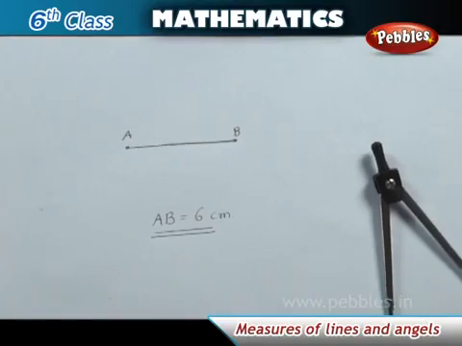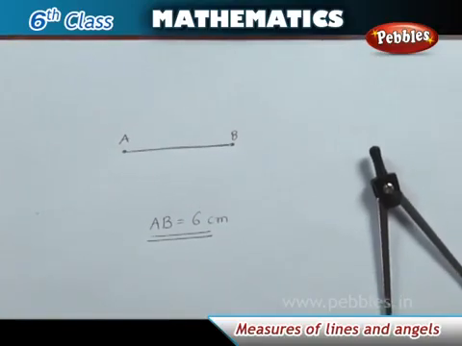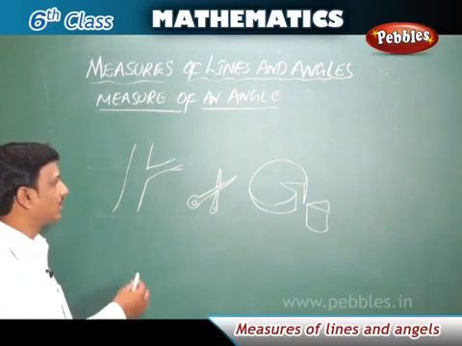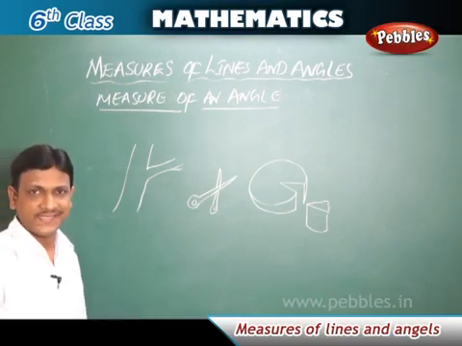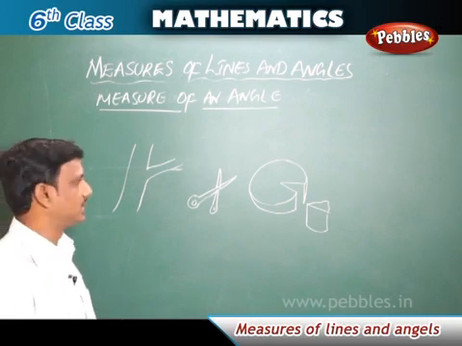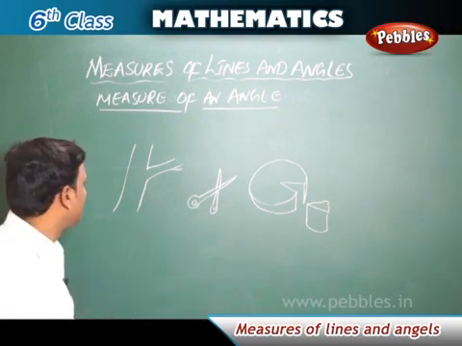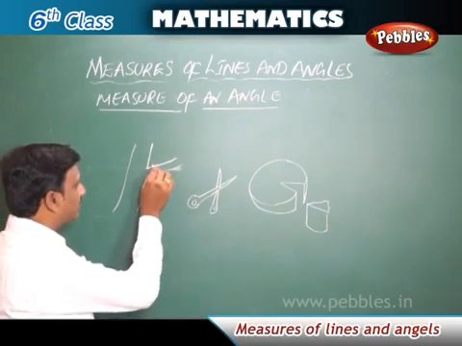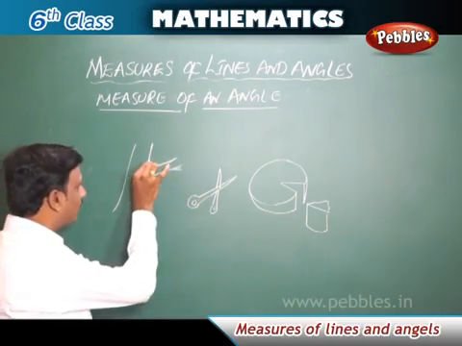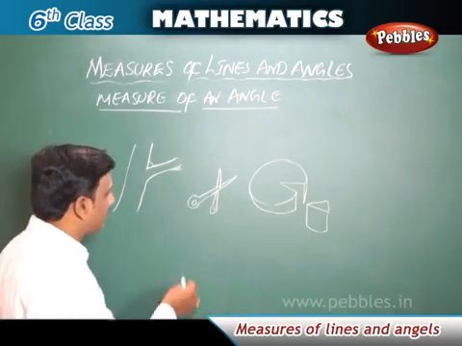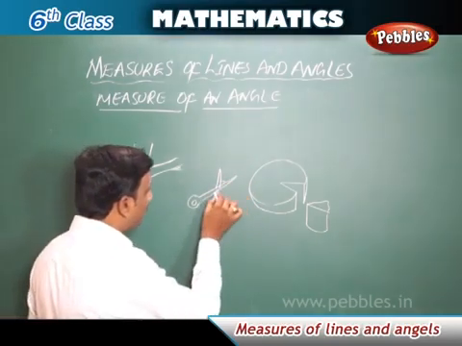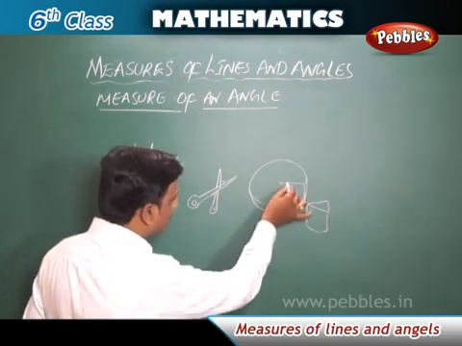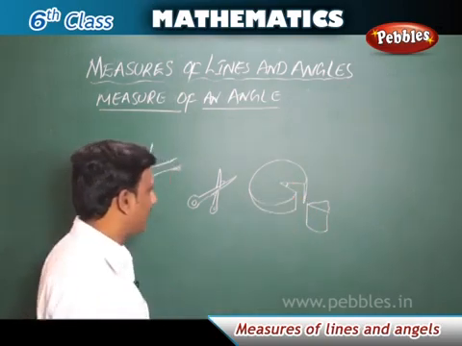Now we get the exact length of the line segment. Measure of an angle. So what are these angles? We see angles in different situations of our daily life. See, here is a tree and it is the branch of a tree. So at this corner we find an angle. In the same way, here is the scissors. Here we find an angle. This is a cake from which a part is cut. Here we find an angle.